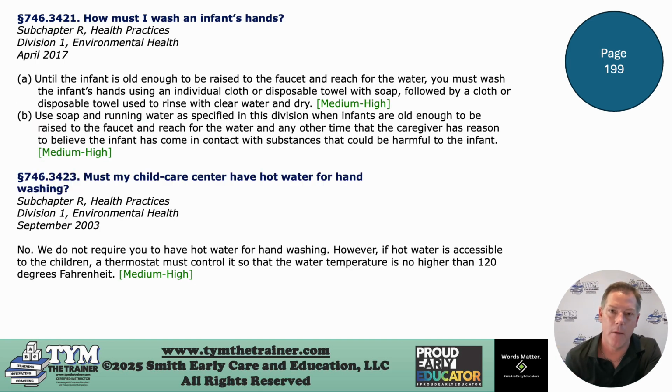With your infants, when we talk about hand washing for your infants, until the child is old enough to be held up to the sink or to reach the faucet, you can wash the infant's hands with a cloth or a towelette. A baby wipe, as long as it's clearly marked on the packaging that it can be used for that purpose. You can use the baby wipe. We've always done it where we've had the spray bottles. We've had a spray bottle with soapy water, a spray bottle with rinse water, kind of lather little hands together, and then you do the rinse water, you dry it with the paper towel after each diaper change or